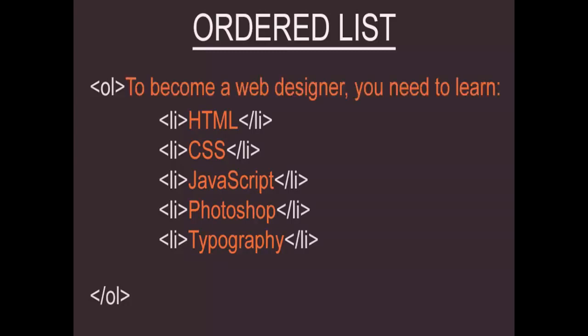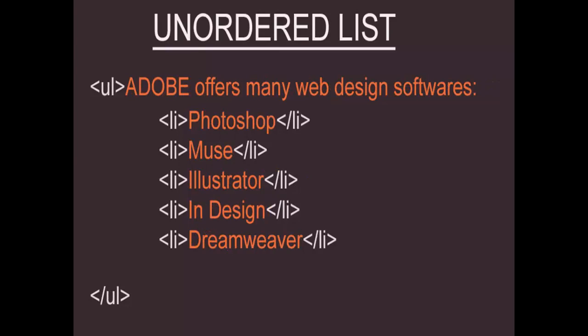The code for unordered list is exactly the same as the ordered list. The only difference is that the opening and closing tag for the unordered list is UL instead of OL. Except this, everything else is the same. I'm not going to code these lists in the editor. Do it yourself, and if any problem arises, consult this video, else consult me.